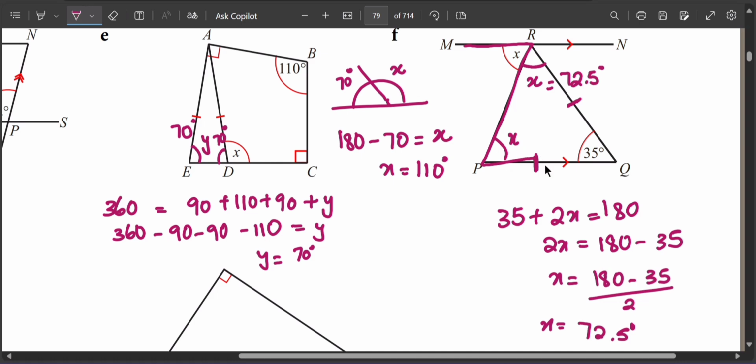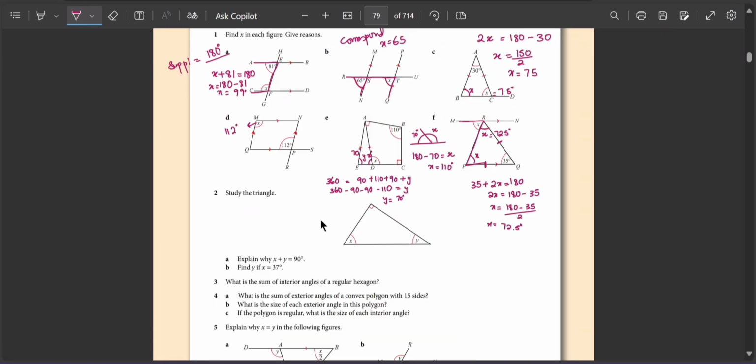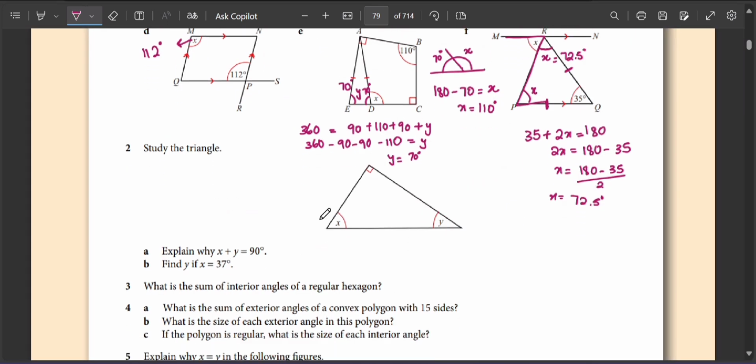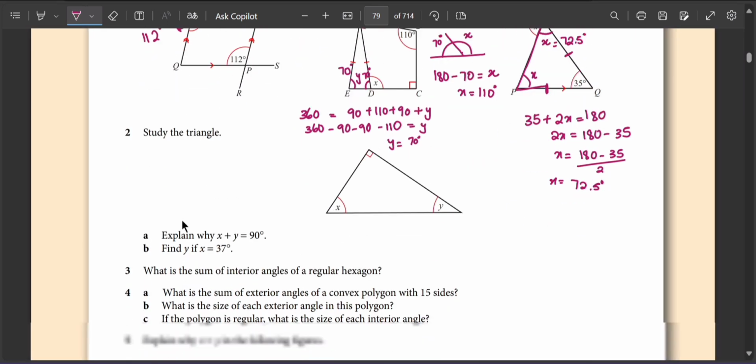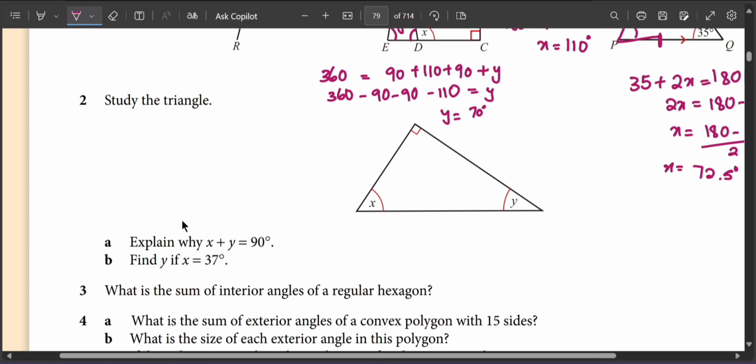Moving onwards, we have to look at question number 2, that is, study the triangle, explain why x plus y is equal to 90. So we have this 90 degrees angle, and they are asking us to tell why x and y combined become 90. We can say because